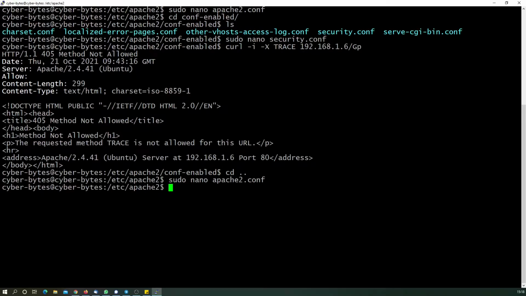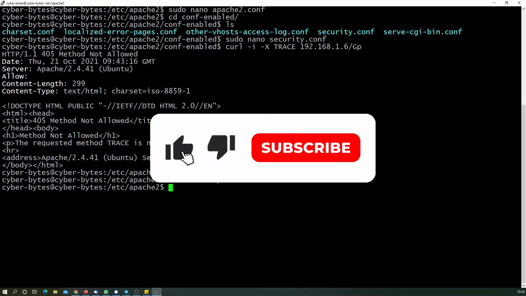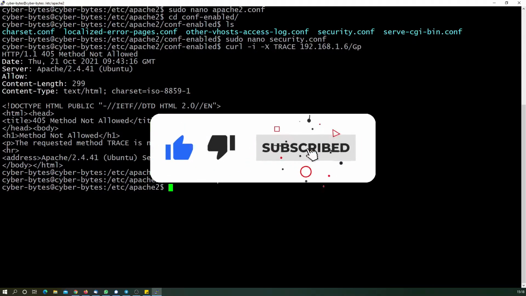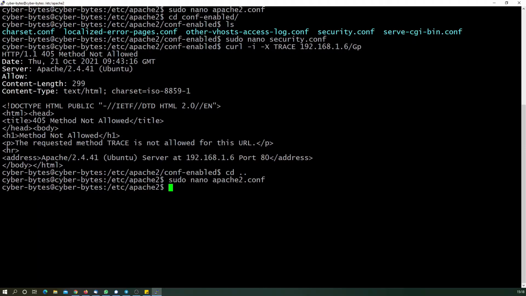All right, now let us briefly see how we can whitelist only certain file extensions into our application. That is, we can configure Apache Web Server to specifically allow only certain file extensions. This will help us a lot to whitelist some of the extensions on our web server, and this will eventually protect our application.